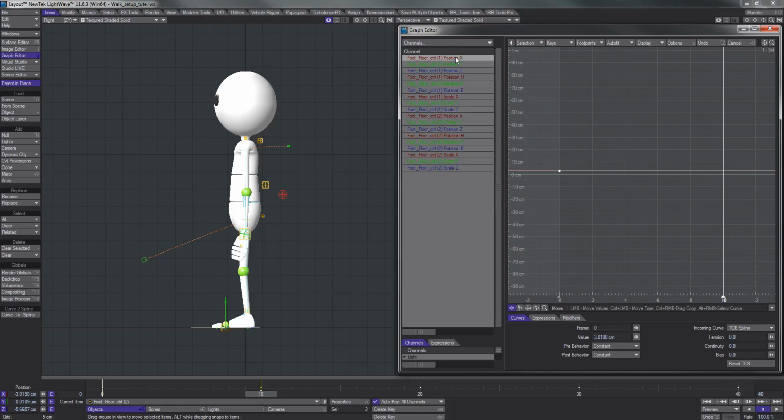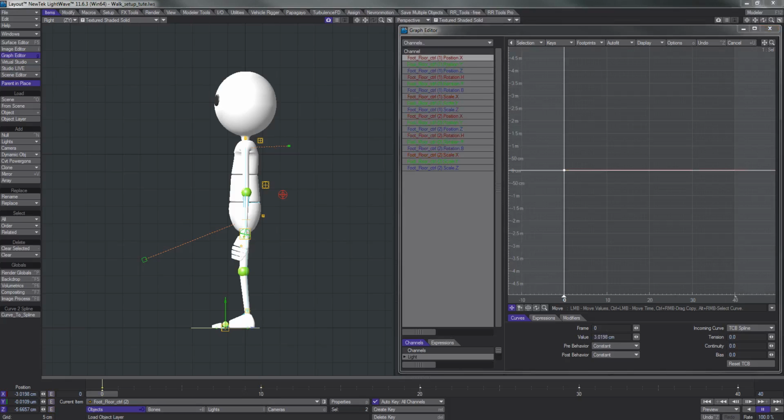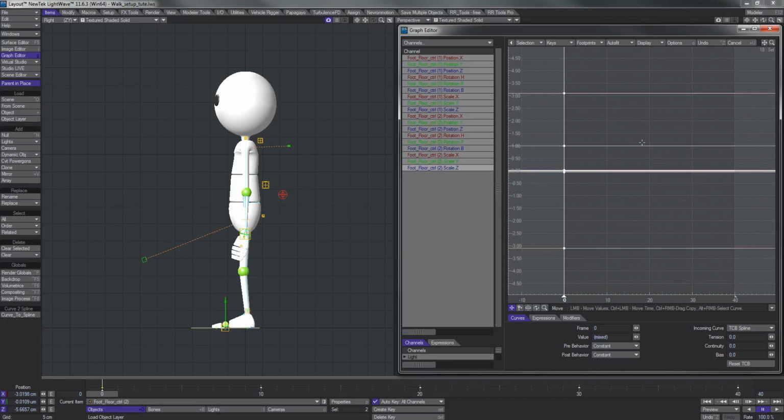Or alternatively, we can just click on one of them and, using the arrow, go up and down through each one of the channels and make our changes. To navigate in the graph editor, if we select all our channels, while we've got our mouse cursor hovering over the graph window, if we hit A, that selects all. If we select one of the keys, right click and drag and hit Shift A, that will zoom in to